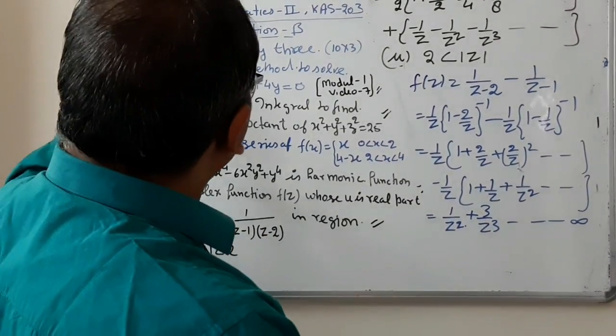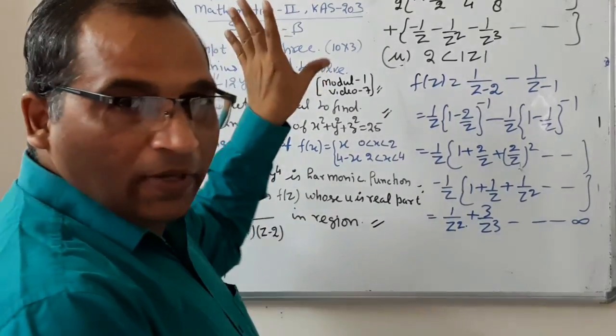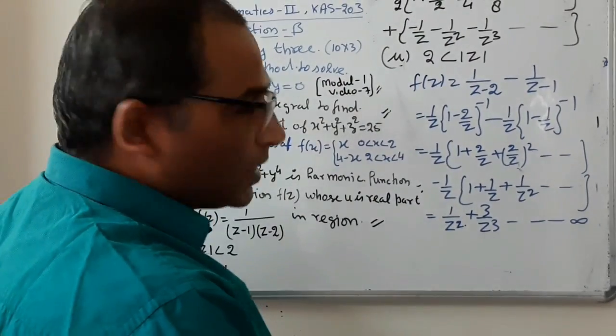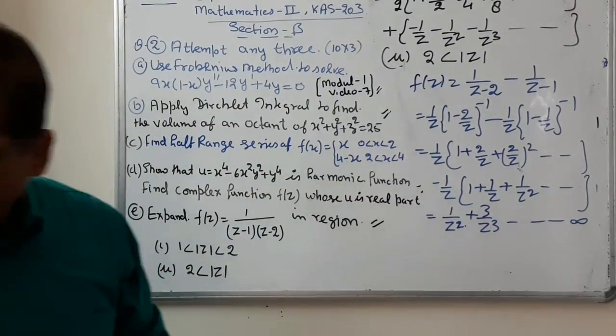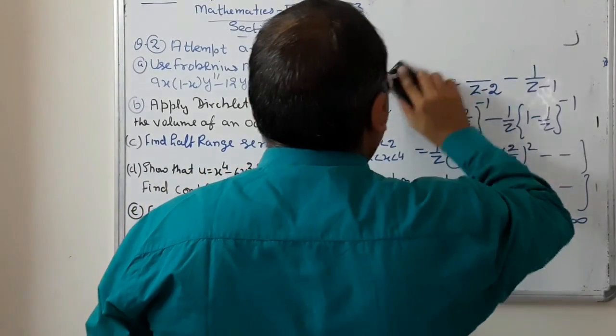So we complete all three parts. This is only the three parts. You have to attempt only three parts, one from each module. We have 5 modules, so out of 5 you have to attempt 3 parts. But now we are solving this part for your knowledge. We are solving this part also.